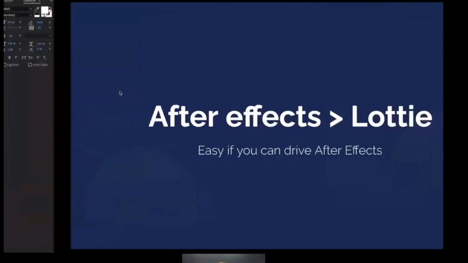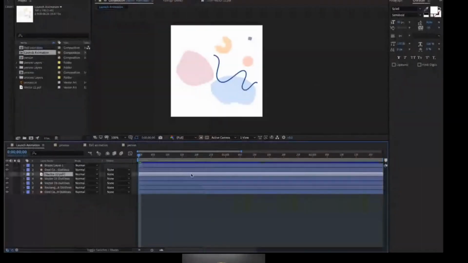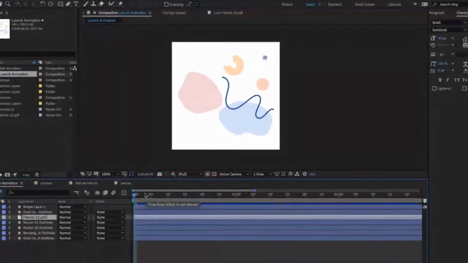So if I jump over here to this one, I'm in After Effects now. Before the summer break, I knew nothing about how to use After Effects. We've got a couple of After Effects gurus in the team. Petra and Nat are far better at After Effects than me. I'm a bit of a hack, but I was quite encouraged to work out there were a few things that I could quite easily do.